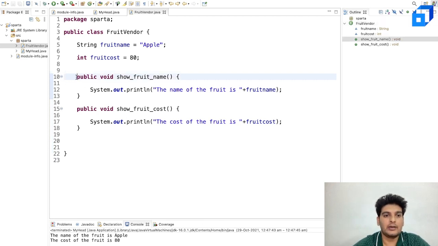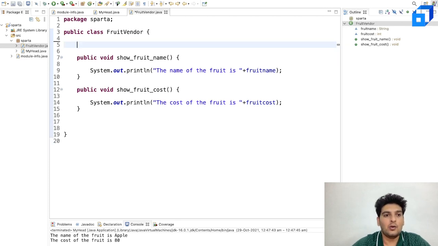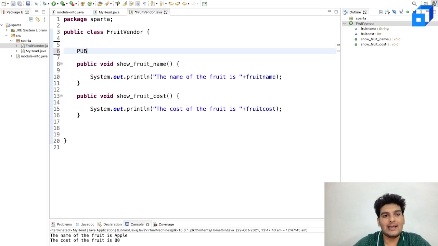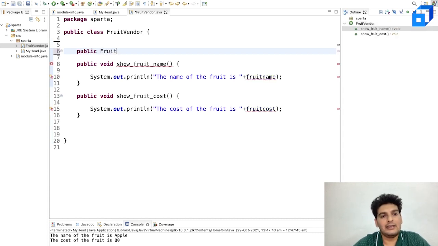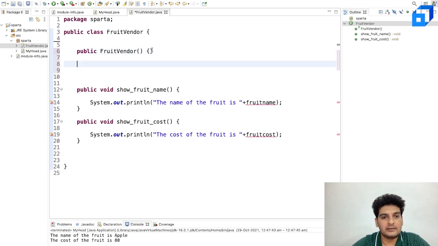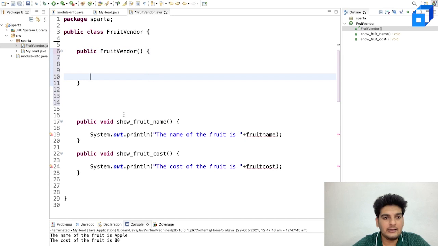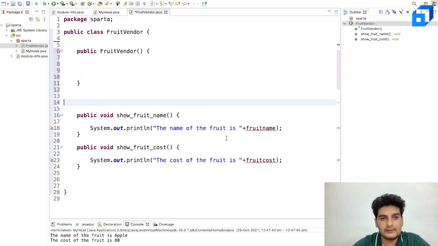So here what I'll do is instead of assigning string fruit name is equal to apple, int fruit cost is equal to 80, I'll have a method and I will give the name of the method as fruit vendor. Let me give proper spacing over here and let me remove this.